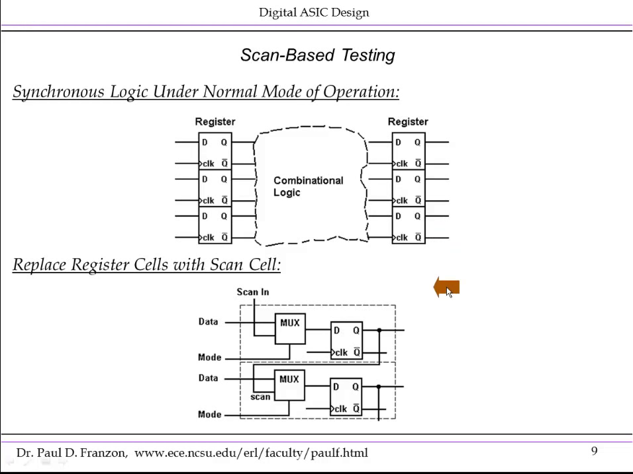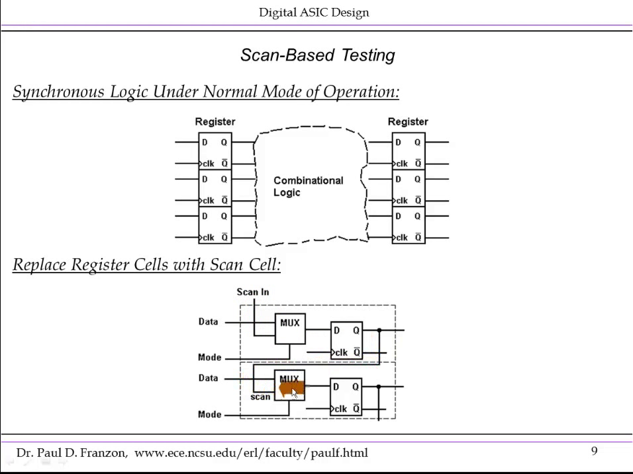The idea in scan-based testing is to replace the flip-flops in these registers with what's called a scannable flip-flop. That is, we put a mux, a multiplexer, at the input. Now we have two modes of operation. We have the normal mode of operation where the data passes through the mux to the Q. This is when mode is 0, to the top input. We have the test mode of operation where, when mode is 1, we scan in up there and pass it to Q,